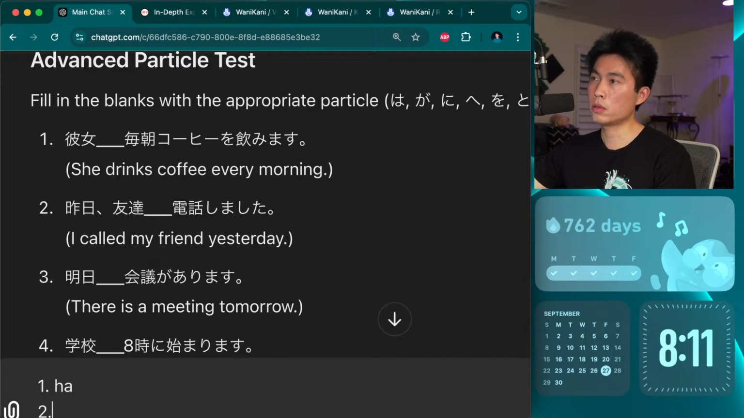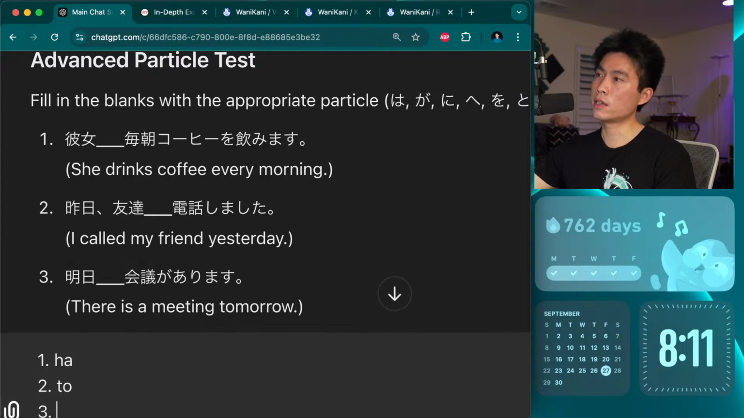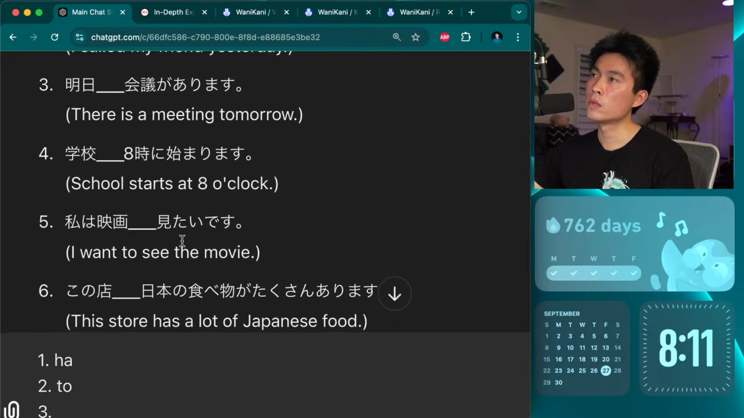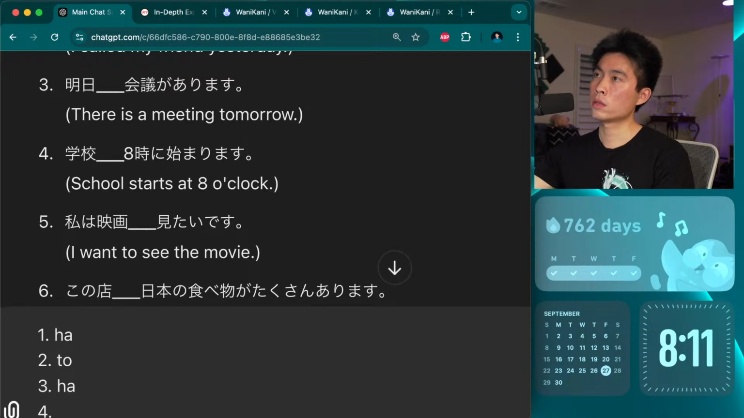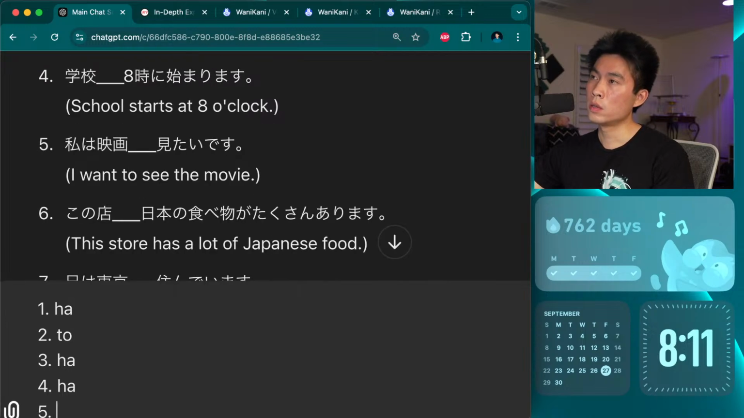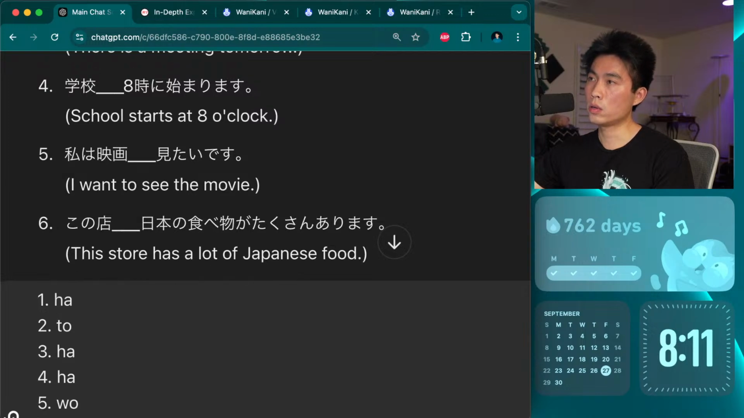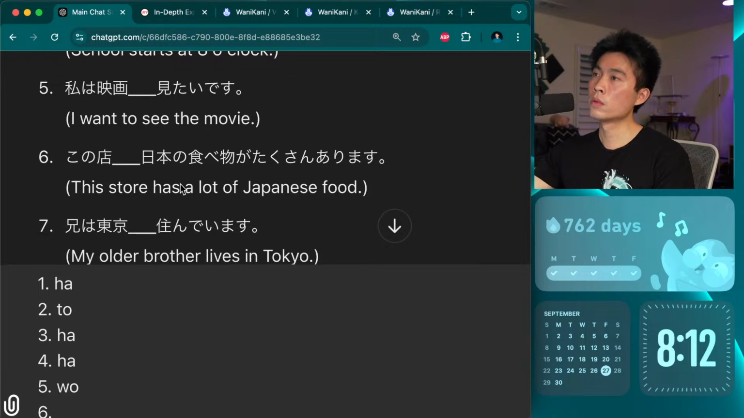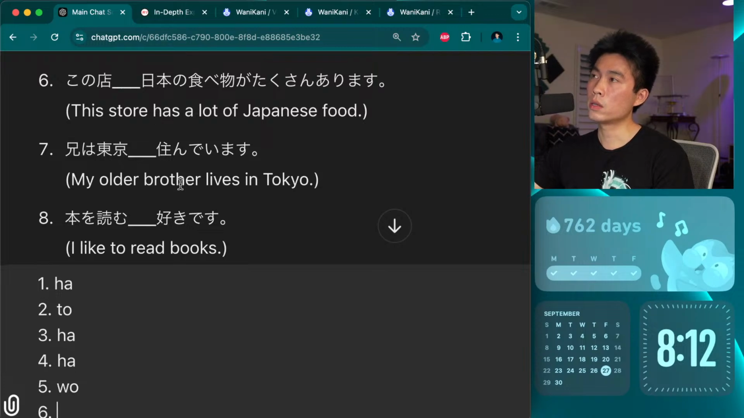昨日友達と電話しました. I feel like having the English there is not very effective. I need to get rid of it. 明日会議があります。そしては、学校は8時に始まります。私は映画を見たいです。この店 This store has a lot. Why am I reading the English? この店は日本の食べ物がたくさんあります。Part of me feels like it could be there,